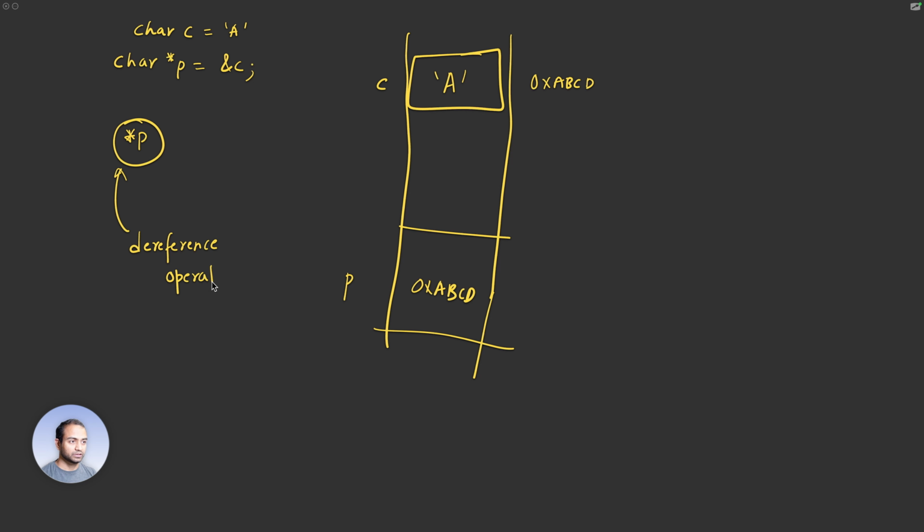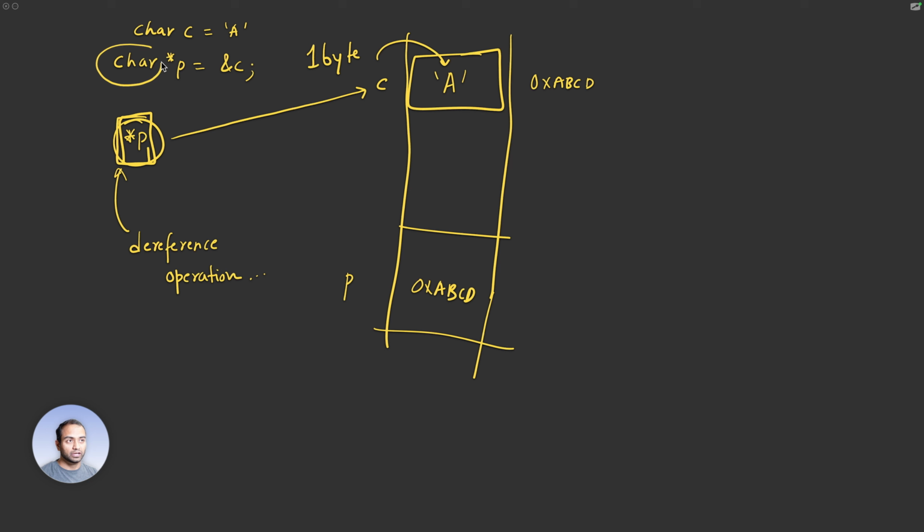The question is, when we do a star P as a dereference operation, right? The compiler understands what code it needs to generate. It understands that it needs to go to this location and then get 1 byte from it, right? And what do I mean by get 1 byte from it? It means that the information about how many bytes to read, and that is the absolute key about pointers that point to data type related data,